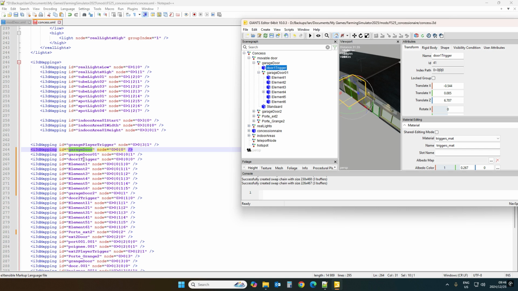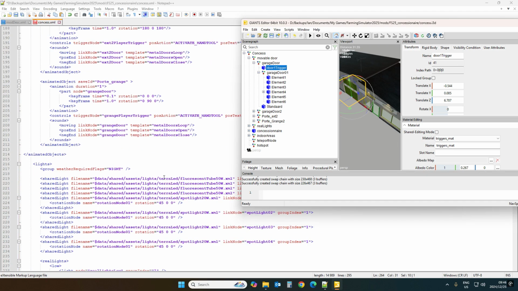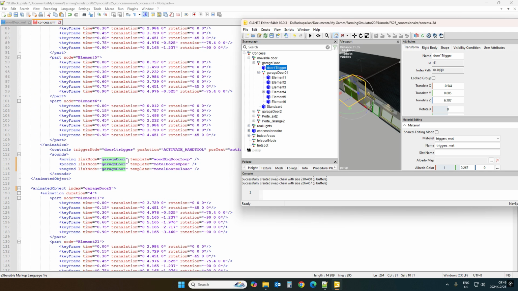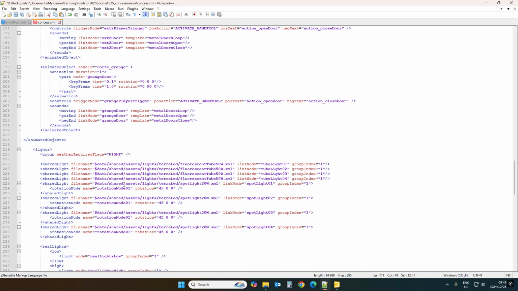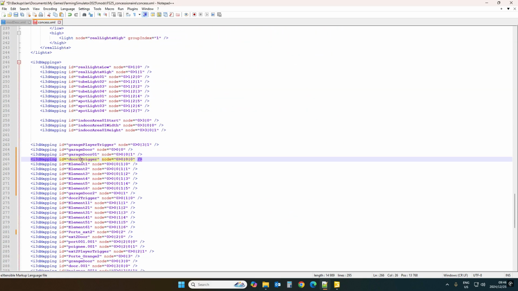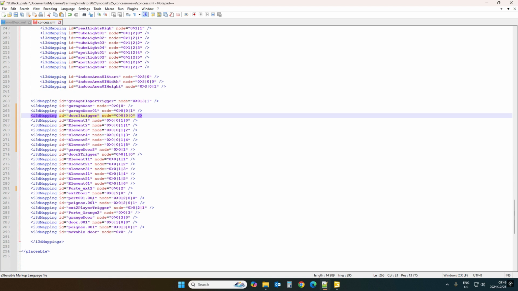Door 1 trigger is spelled in the I3D with a capital T, but now if you go to the keyframe here, door 1 trigger has got a small letter T. So very important to fix this. We need to fix this out here as well, and I can guarantee you it will be the same thing for door 2,